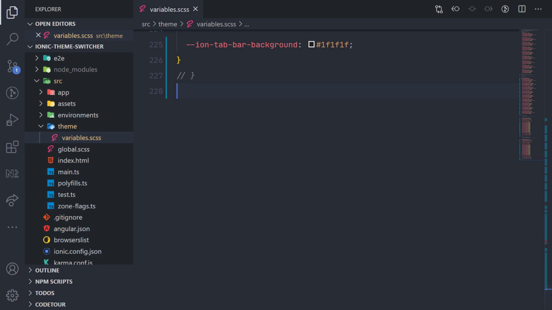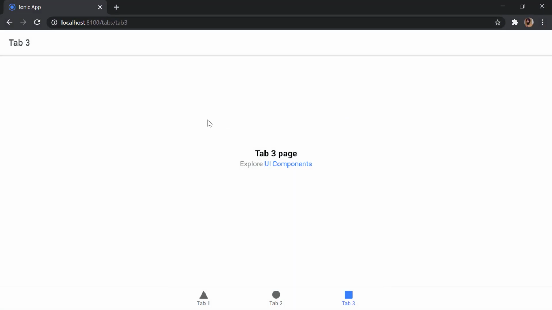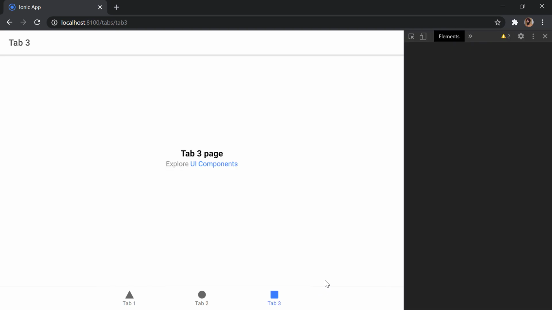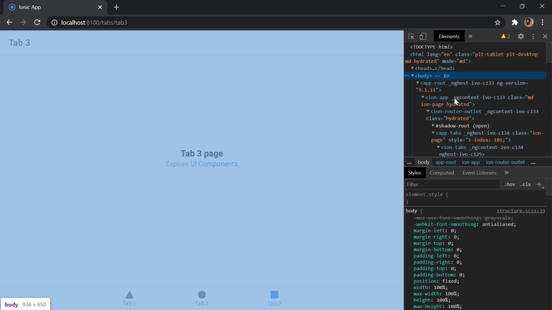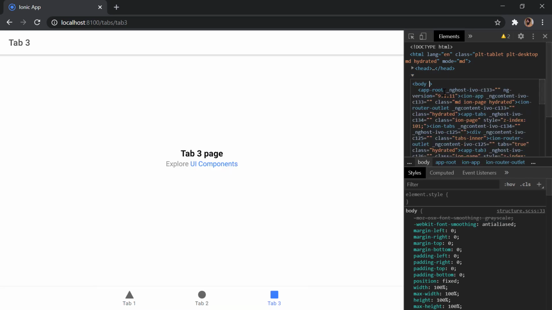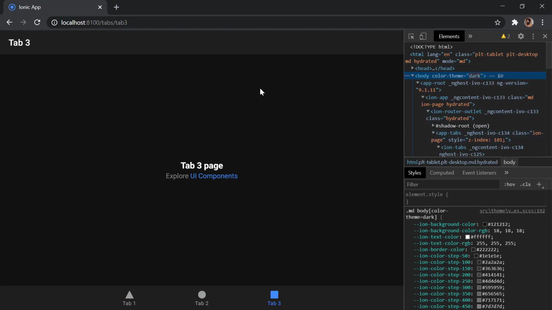Then if we go back to the browser, we can see now we are getting this light theme here. If I right click and open inspect, and edit the body, and add color-theme equal to dark, now you can see we are making it dark.